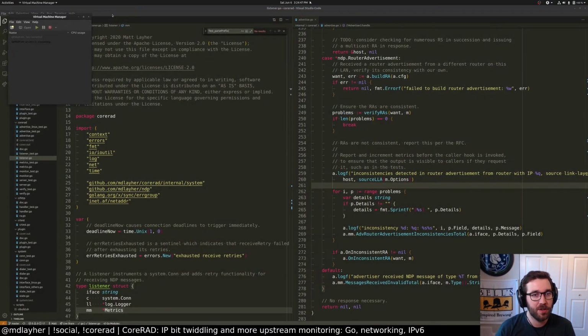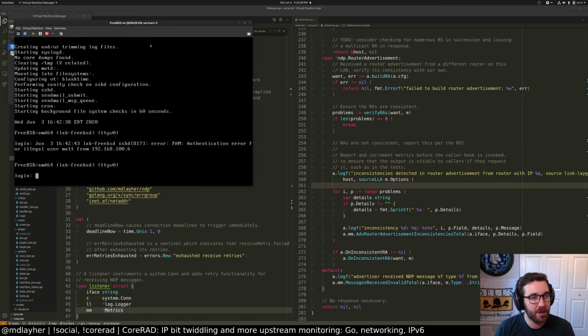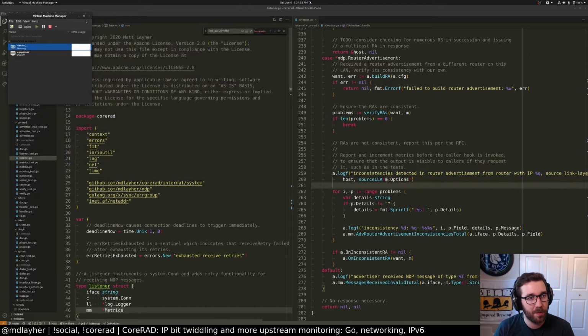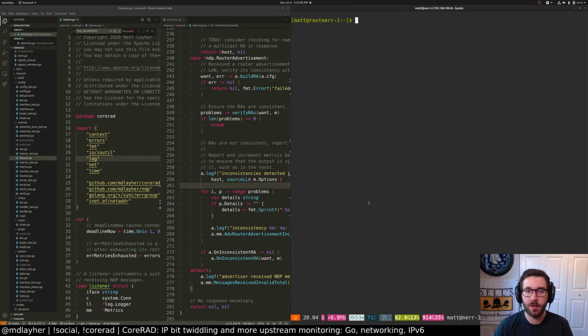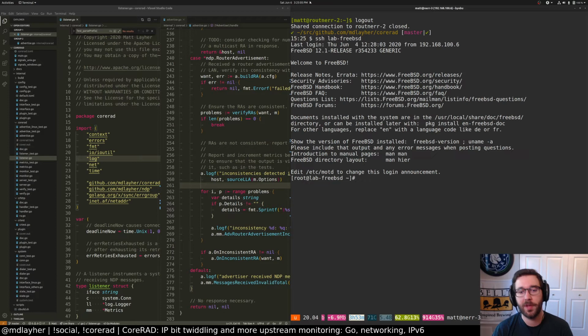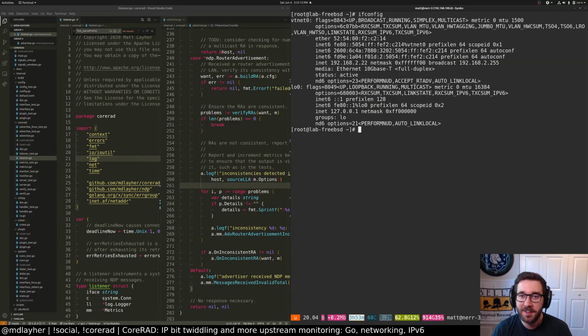So virt-manager, it's already running. Cool. What's the address on this? I think it's probably the same. So let's SSH into that thing. Isn't it lab FreeBSD? Yeah, I think so. There we go. So this is a FreeBSD VM running on my lab VLAN. Oh yeah, ip doesn't work. ifconfig, great. So this is running. You can see here, we have my /48 and then the 2. I use this as my VLAN ID, so this is running in my lab VLAN, which is VLAN 2.